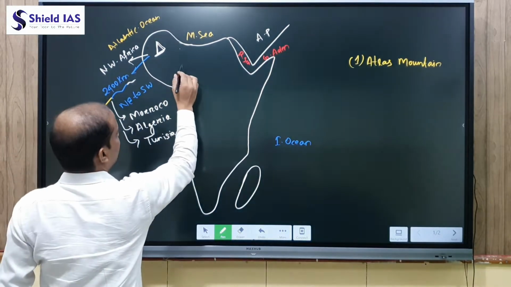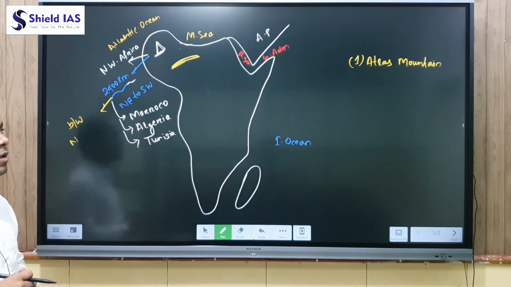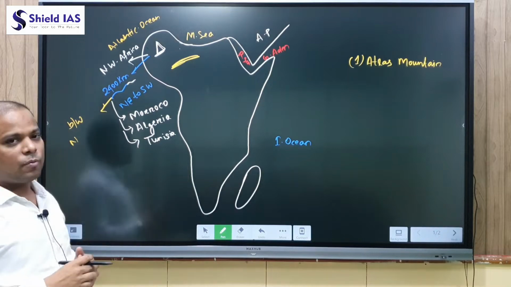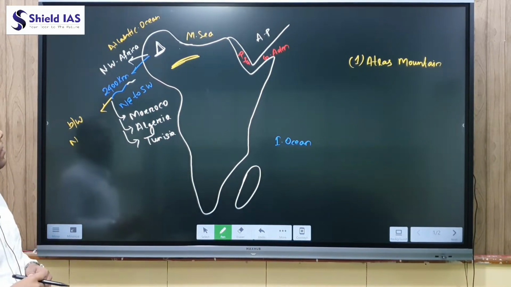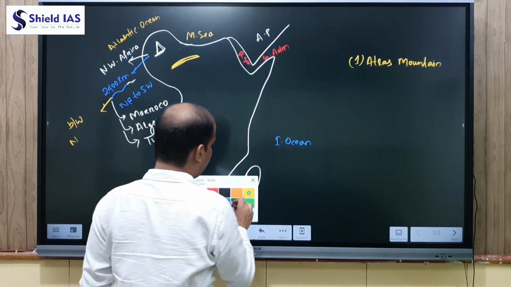And in the southwest we have the Sahara Desert. So this is all the information about the Atlas Mountain. And the second mountain is